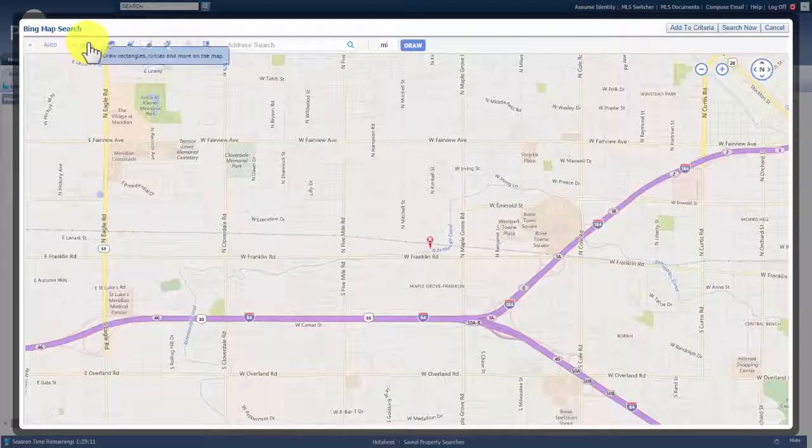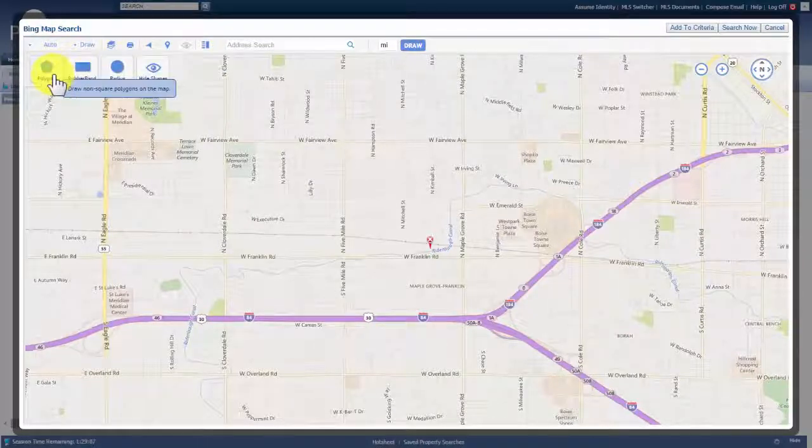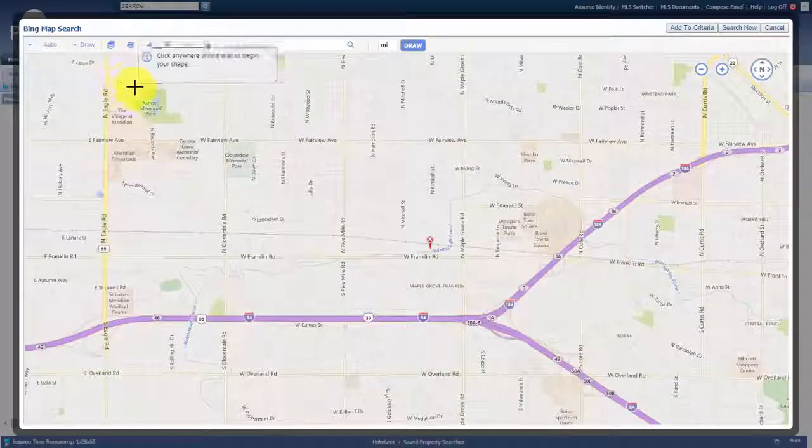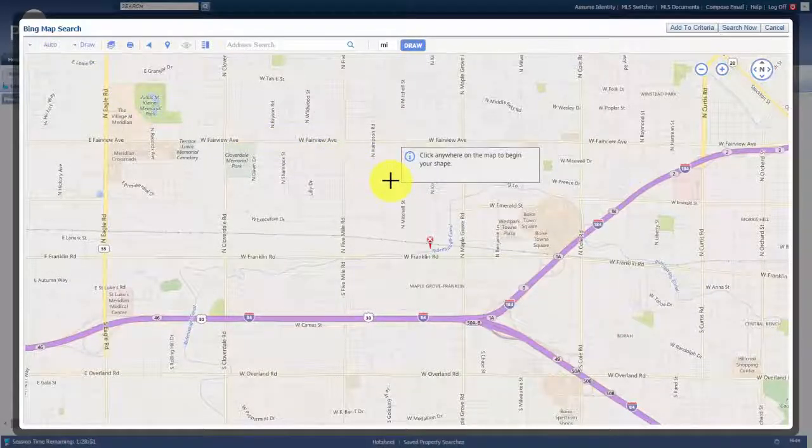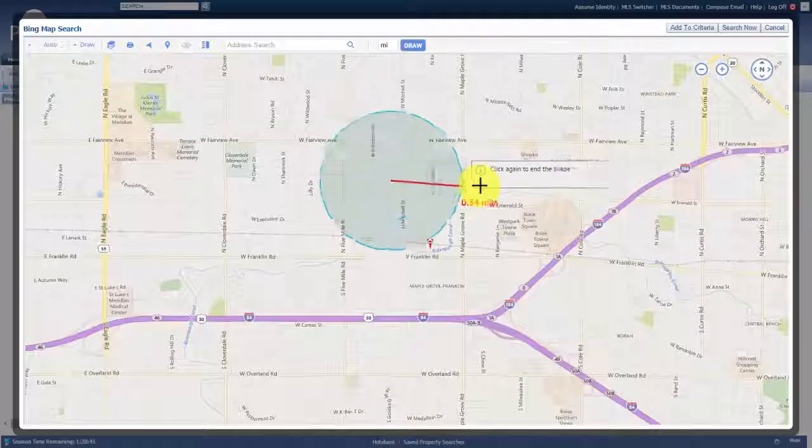We can do different drawing of shapes. We click on the draw and it gives us our options here of a polygon, a rubber band, or a radius search, and we can even hide a shape once we have it drawn and have some results on our screen. Let's do a quick radius search. We click on it, it activates it. My cursor is now in a little crosshair type. We click where we want to start the center of our radius, let go, and draw our cursor out,